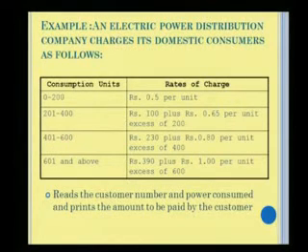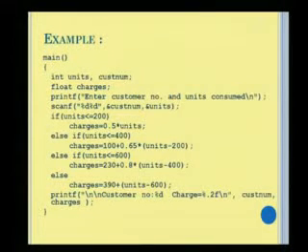from the last table the charges will be accumulated and paid accordingly by the user. If the user is consuming only 0 to 200 units, then he has to pay only 0.5 per unit. In the program, if my units is less than or equal to 200, say the units are 100, then it will compute 0.5 into units. It will not check the else if conditions because we are only considering values up to 200. Then it will print the charges.